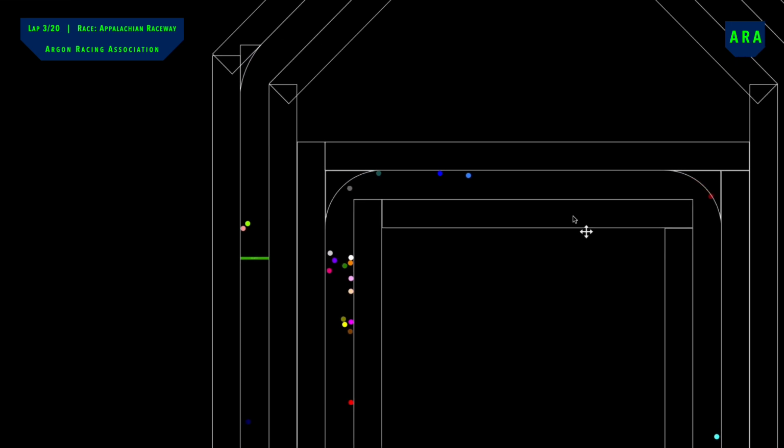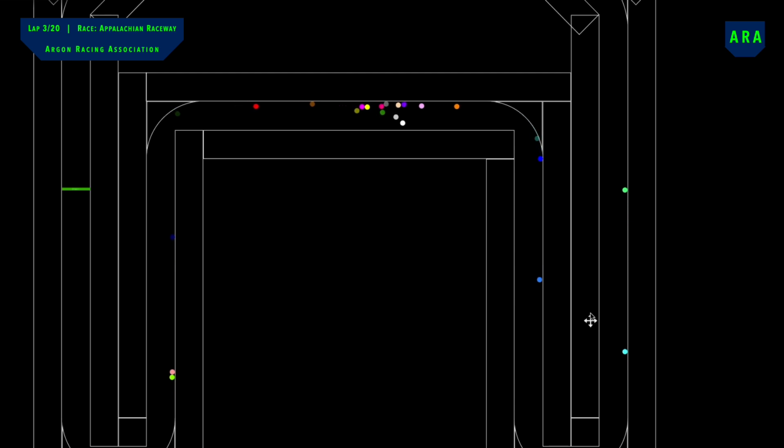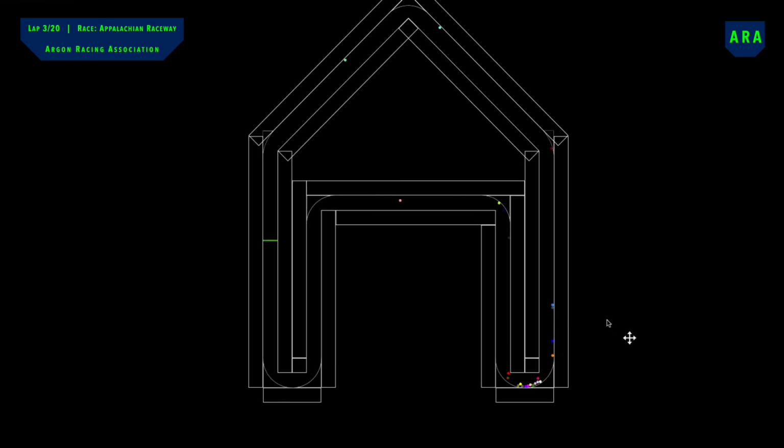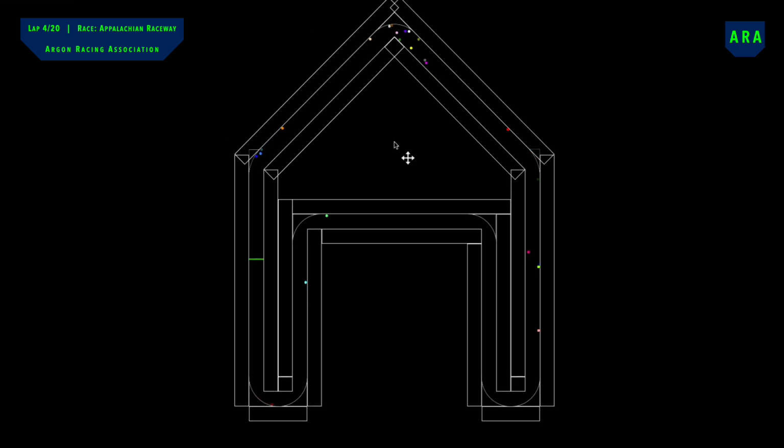We look further back. Sky Blue's made his way back up into 4th. Blue's in 5th. Oh, Teal's making a charge on Blue there. Looks like he's going to overtake for the 5th spot, and is now going to be charging on Sky Blue. You can see there the vast expanses of the track. It's actually not very vast. Marbles getting spread out quickly, so near the end of the race, lap traffic is probably going to play an